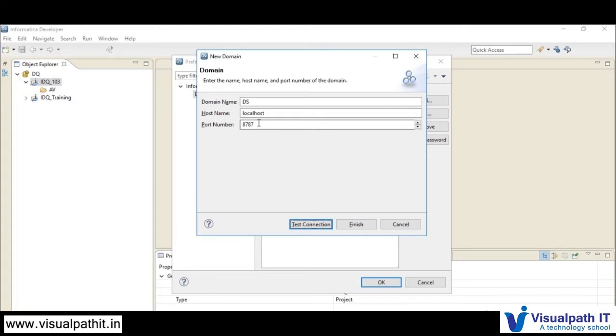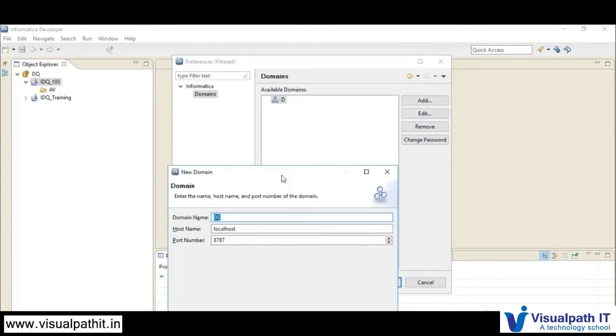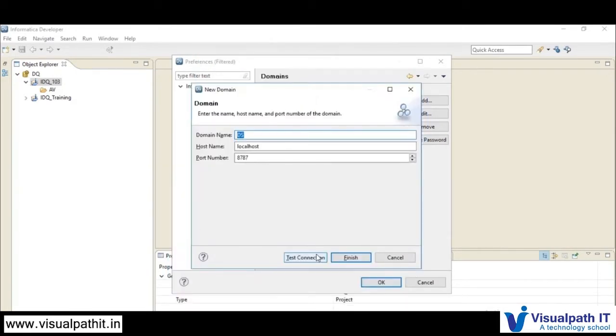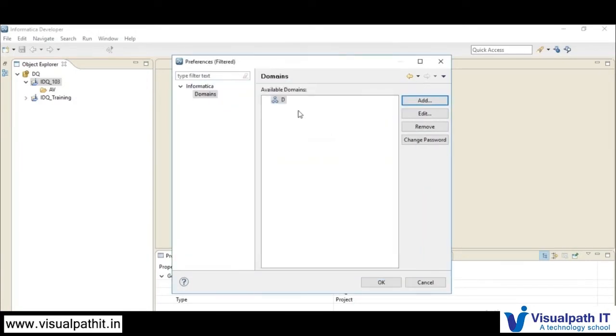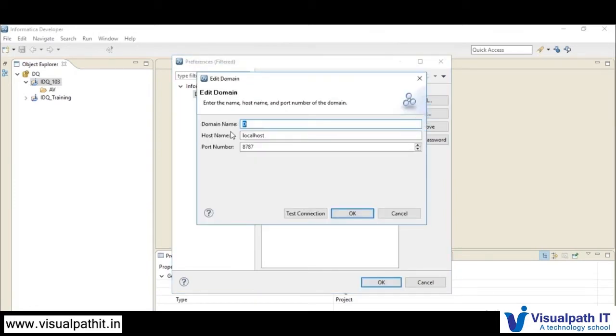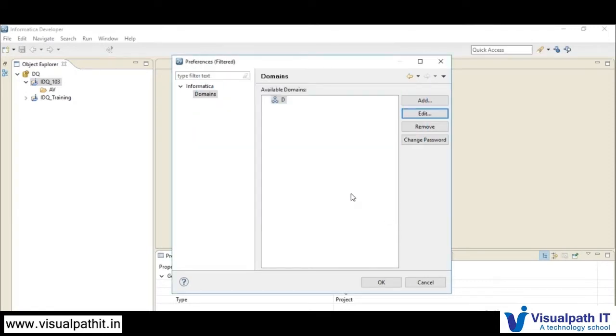It will then be added with this domain name under your domain section. So you can test the connection and accordingly it will connect to that domain. Here are the domain details available. Edit. Here is your domain name. Enter the name, host name and port number to connect. Once that is done, you will have the available domains.